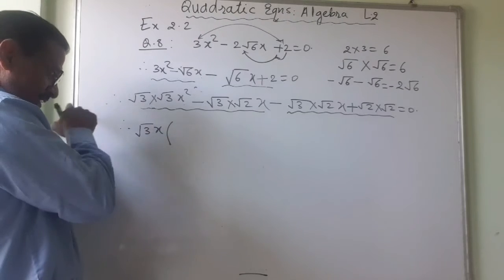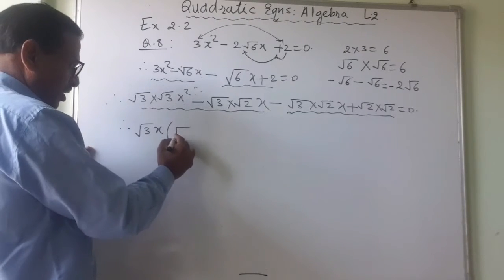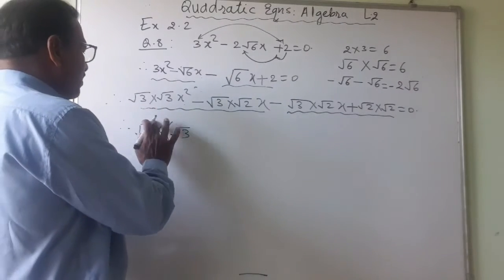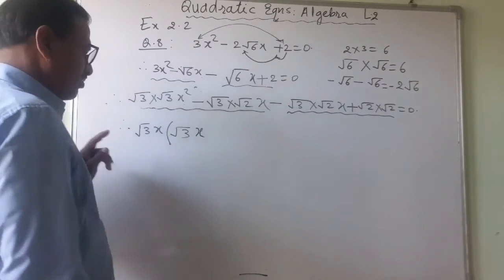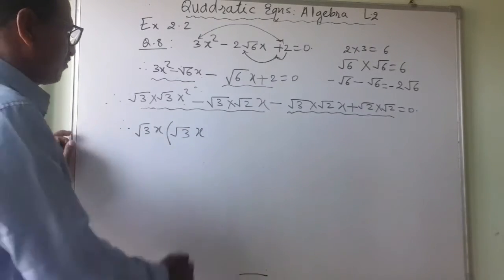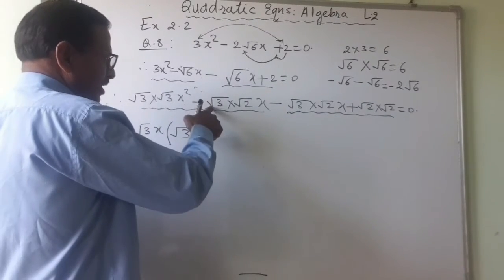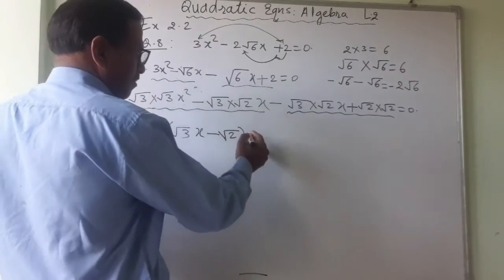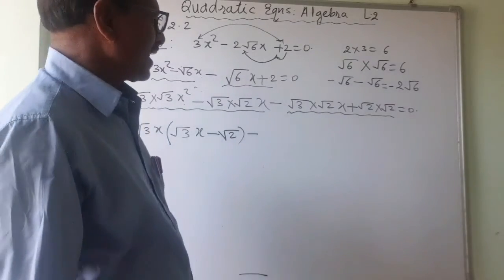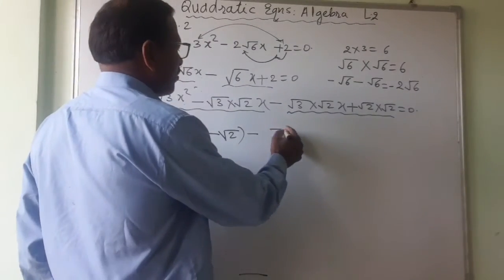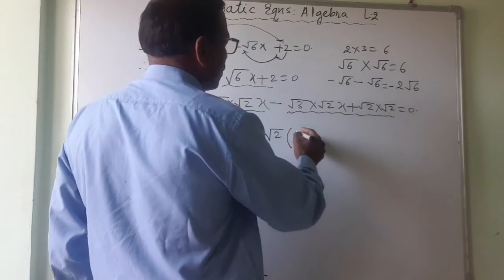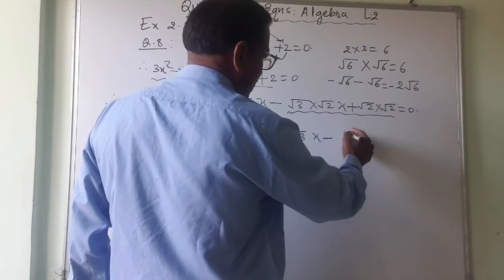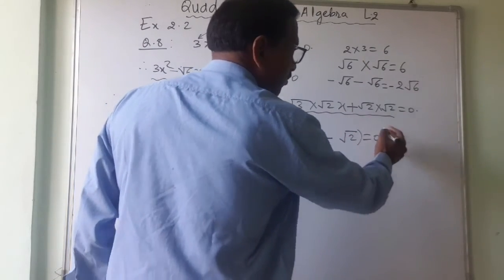So 1 root 3 is taken out, so this will remain a root 3. There where x into x, 1x is taken, so x will remain. Don't forget to write this x outside the root side. Minus. Now root 3 is taken, x is taken, so root 2 will remain. Root 2 minus. Now what I can take? Root 2 and root 2. So root 2 I will take. What is remaining? Root 3x. This minus is taken, so this will become minus. 1 root 2 is taken, so only root 2 will remain, and that is equal to 0.